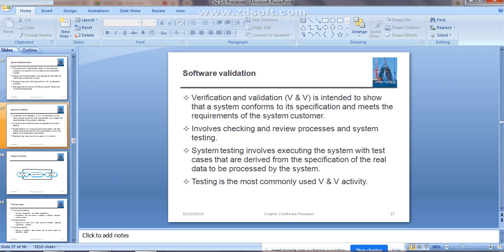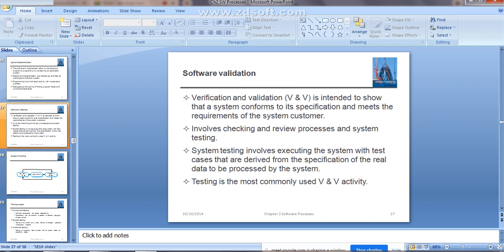It involves checking and reviewing processes and system testing. See exactly how we are validating here. You are verifying, checking whether it is meeting all the customer requirements, that is verifying, and you are reviewing the process and the system testing, validating.